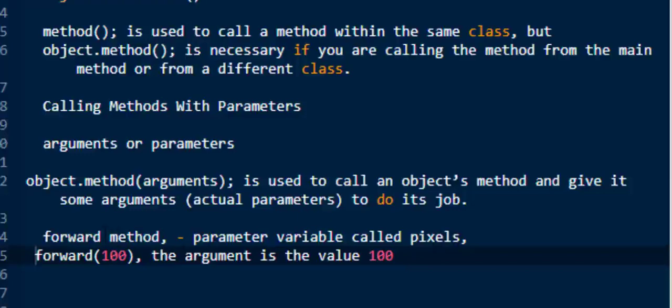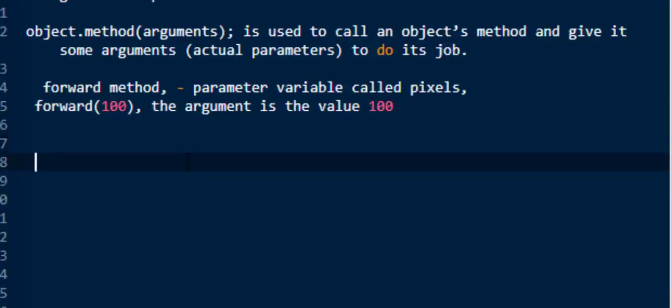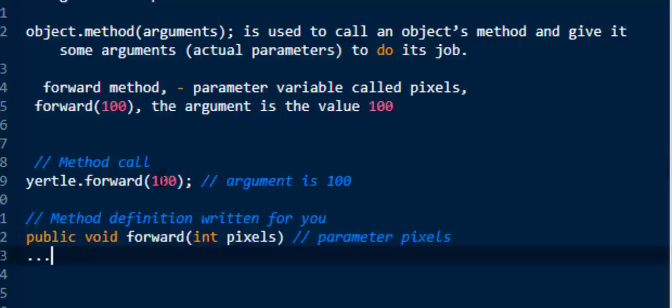To define it more clearly, yertle.forward(100) is a method call and the argument is 100, and in the method definition, public void forward(int pixels), pixels is the parameter.